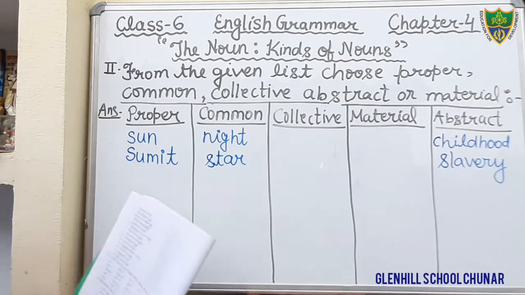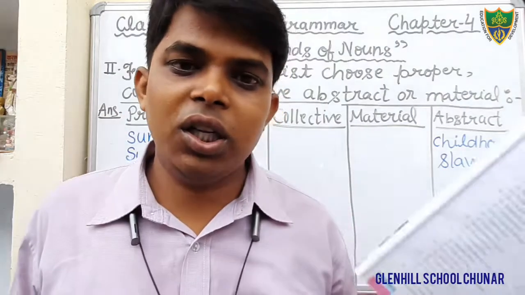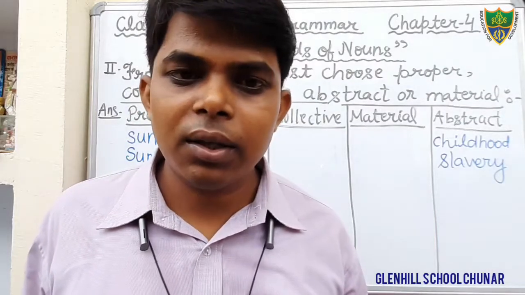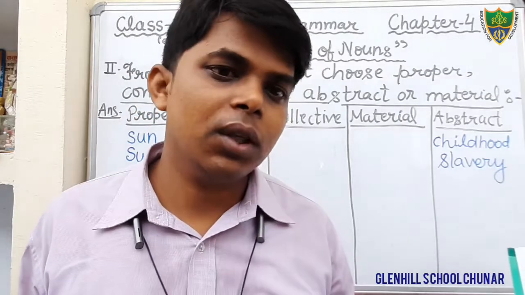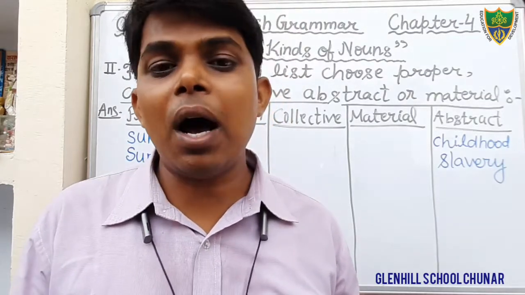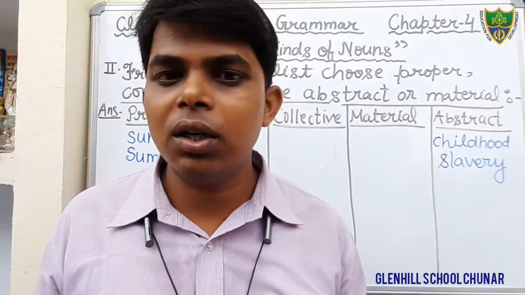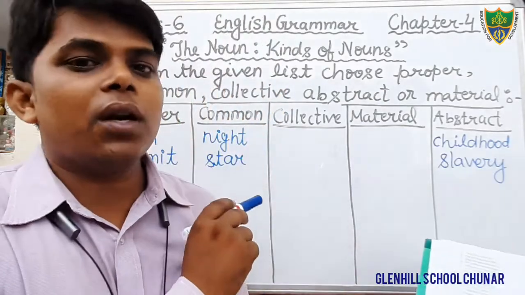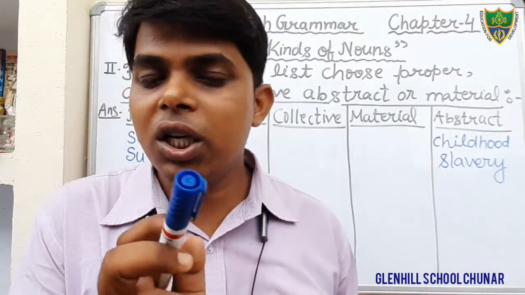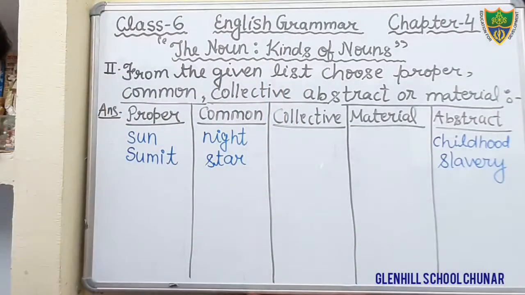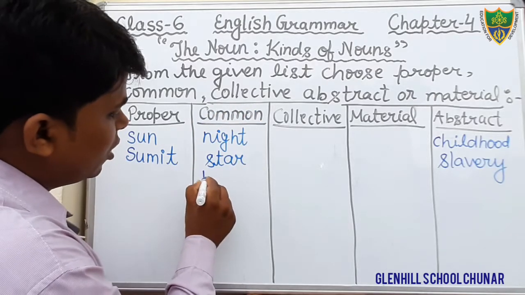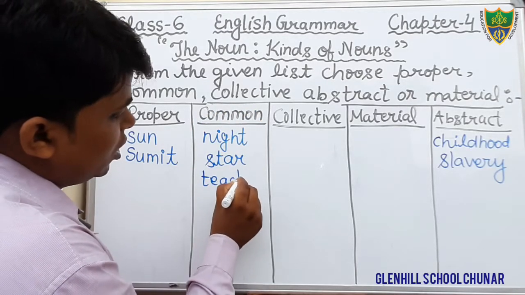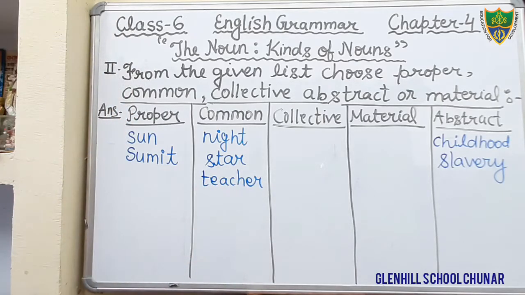Next question. Just see. Teacher. Teacher may be male, may be female. It denotes the whole community, whole group of the teachers. Here the name of a particular teacher is not mentioned. Therefore that is not proper noun. That is common noun. Okay? Teacher is common noun. So in the column of common noun, you will write the word teacher. TEACHER. Okay, students? So just write down these words.